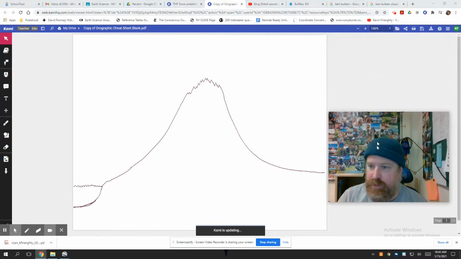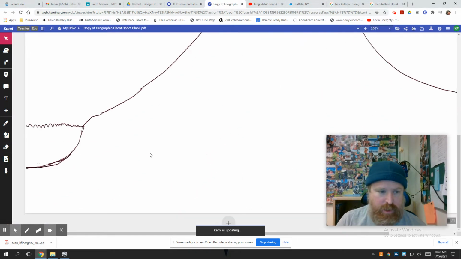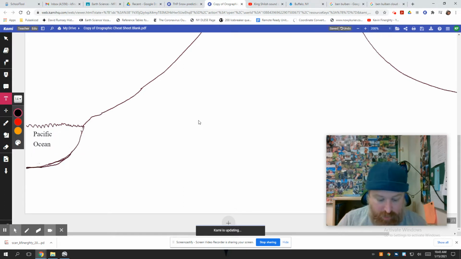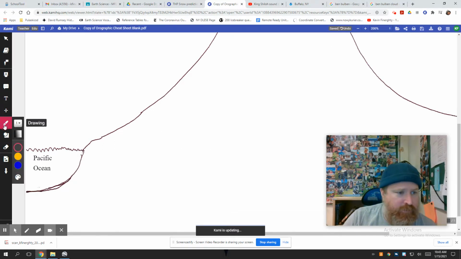You're probably going to want to zoom at a couple of points, your call. But down here, let's call this the Pacific Ocean. Again, this is going to be what goes on out on the west coast of the United States as you get up into those mountain ranges. So if we've got wind coming off of the Pacific Ocean,